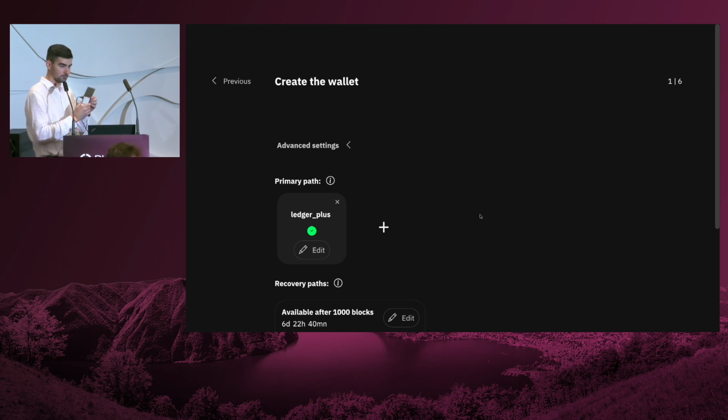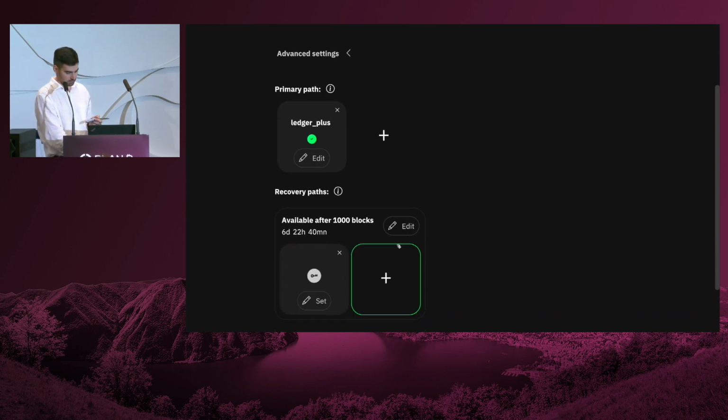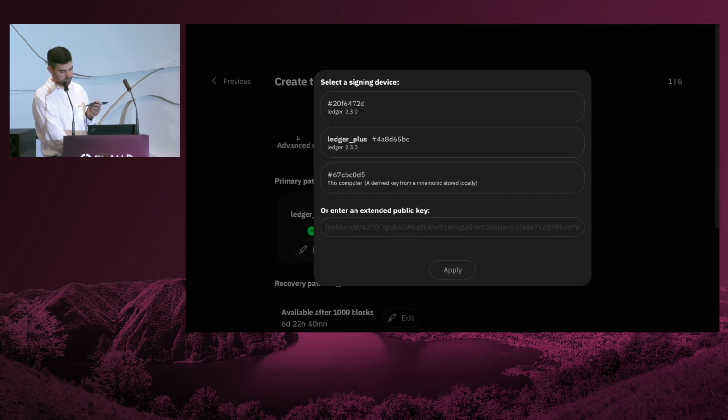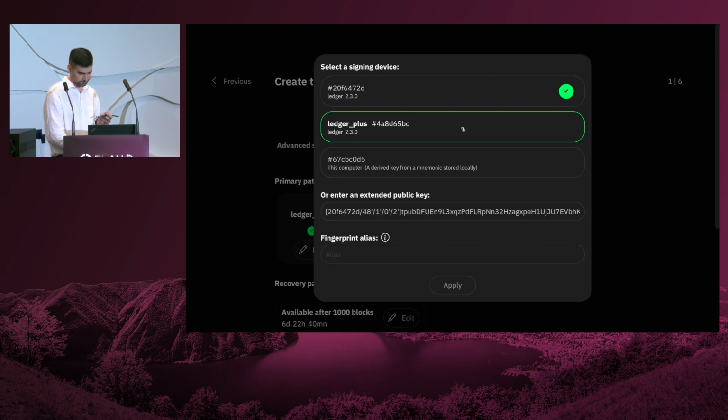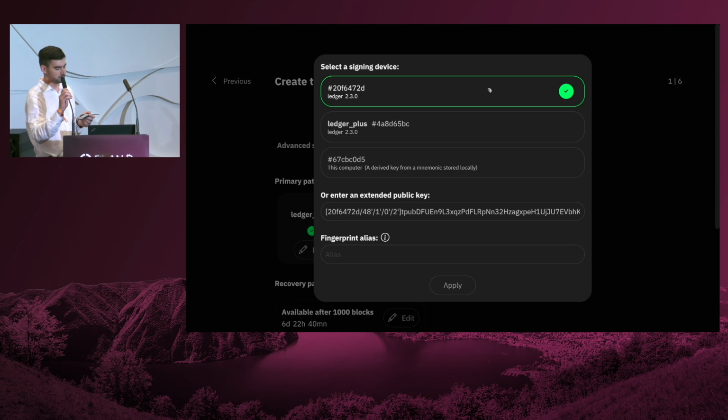It's open source, obviously. I need to choose the Bitcoin Test app. And as previously, I just click here on set and it will find, so which one is it now? This one? Yeah, this one. By the way, Liana doesn't let you reuse the same device.